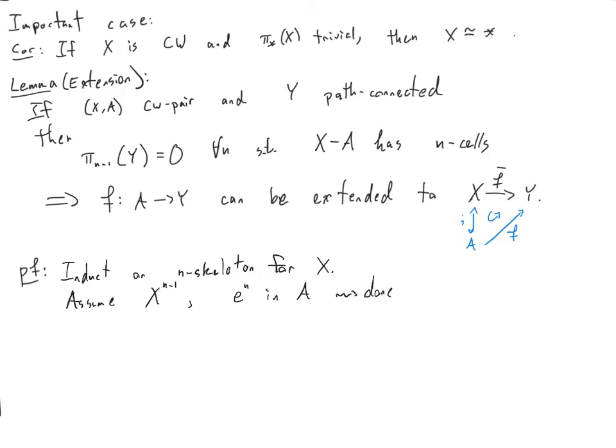We just extend by using F, right? But if En is in X minus A, we have to make sure we can do some work and use our hypothesis. So if En is in X minus A, En is attached by a map